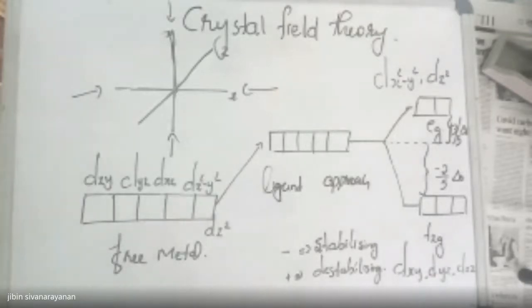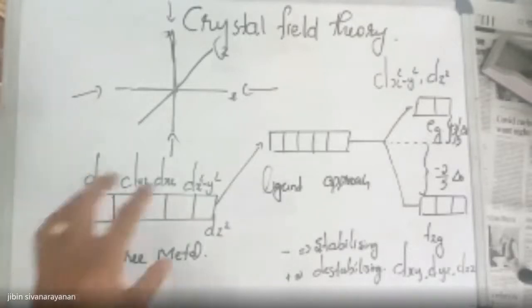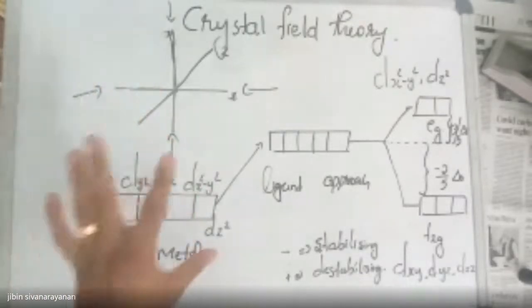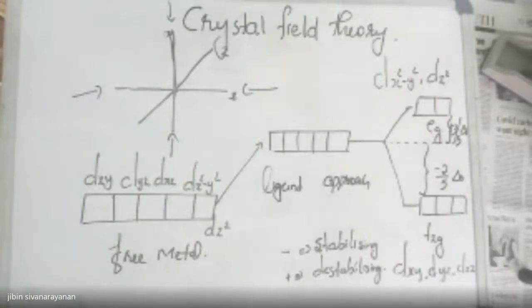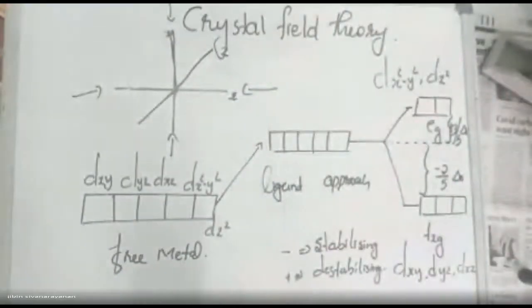Okay, so what is happening is that 2 orbitals are laid in the axis, and the other 3 are laid in the plane. The ligands, actually, what are ligands? They are electron-rich species. They are coming with a lot of electrons, and our d orbitals also have some electron density. So while the ligand orbital approaches the metal orbital, what will happen?